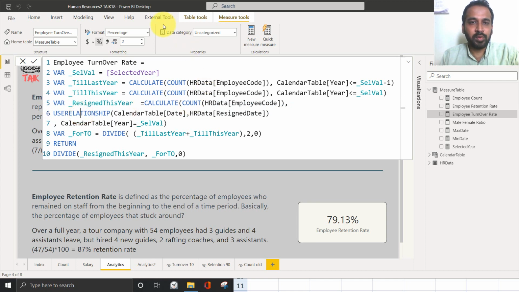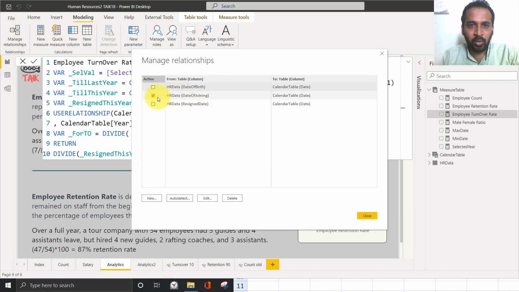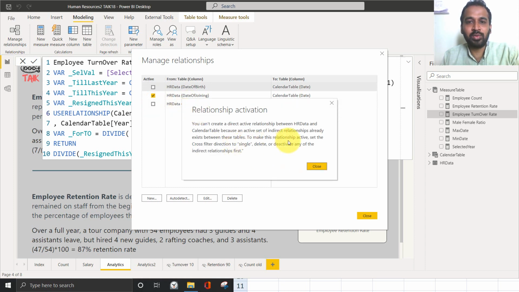Because right now, if you go to Modeling and then Manage Relationships between the calendar table and the HR data, only one is active. But actually I need the resign date, and I can't activate two at a time. It will give an error message showing we can't activate two relationships at a time.